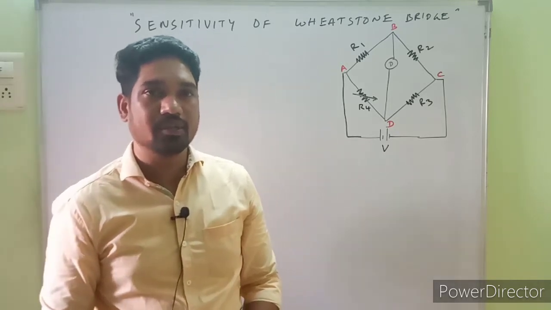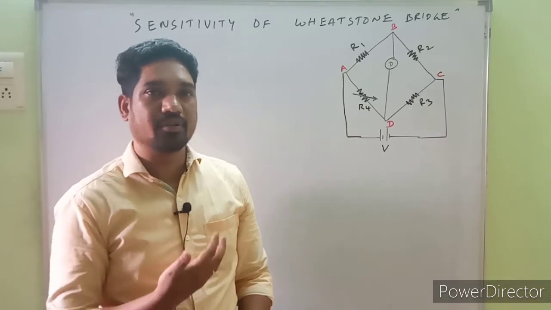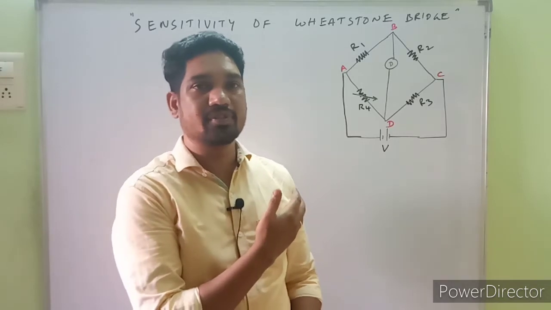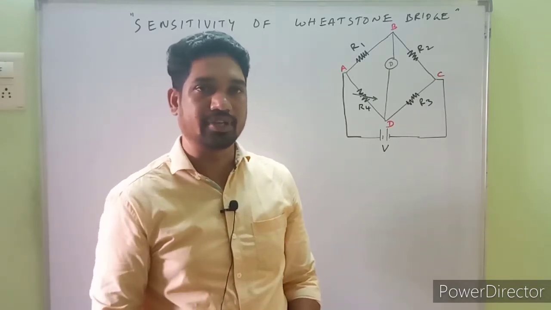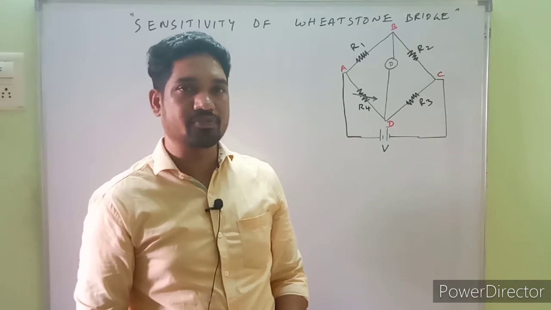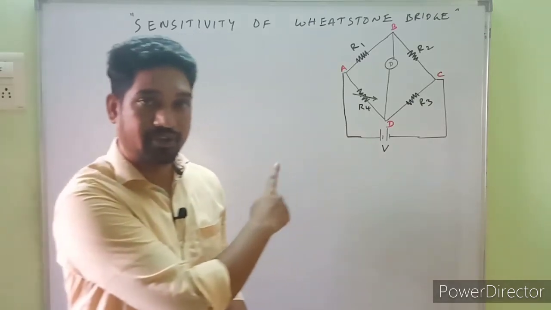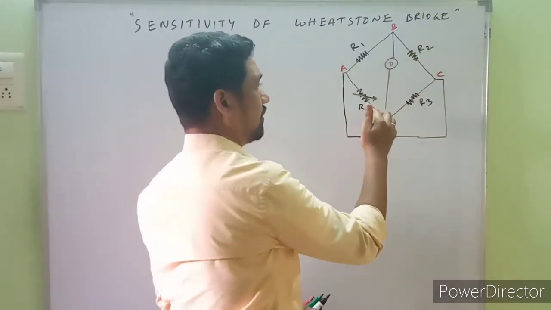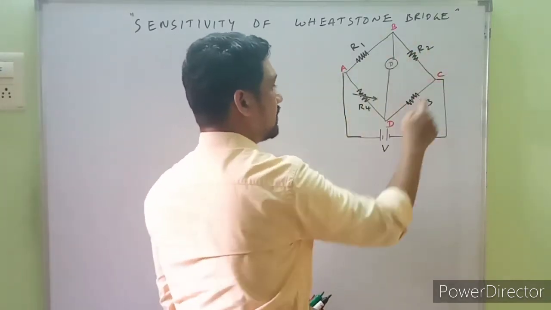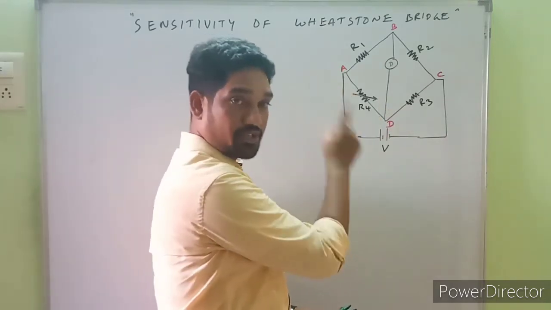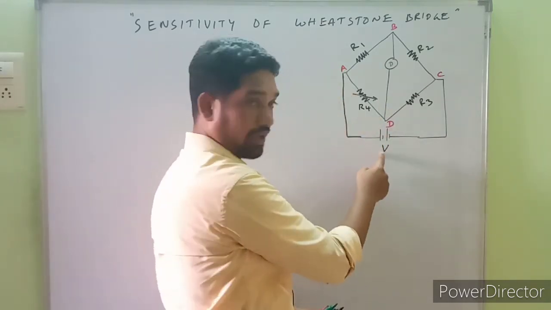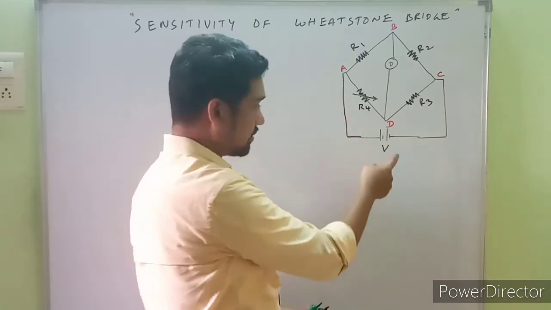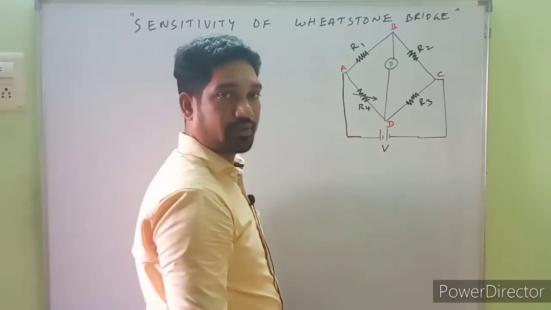It's in this video, it's a very important derivation, a mathematical calculation to obtain and show the sensitivity of a Wheatstone bridge. Here we need to derive an expression for sensitivity of a Wheatstone bridge. That's the layout here. I've already drawn it. The resistances R1, R2, R3, R4 with the nodes A, B, C, D. It's a DC bridge, and so this is the supply. Make a note. It's a DC Wheatstone bridge, and the supply is this one.